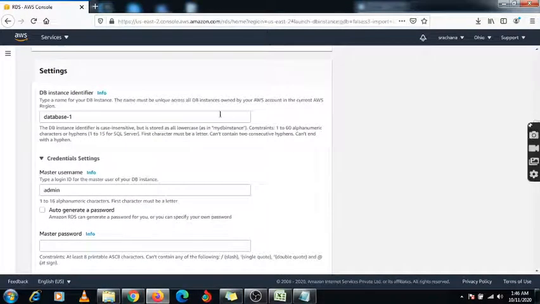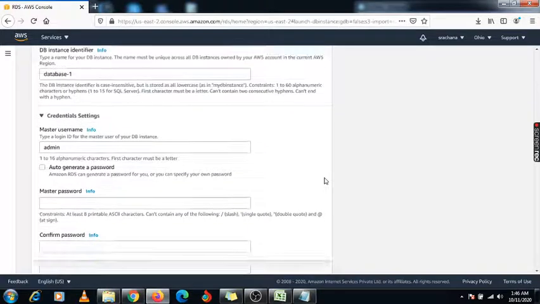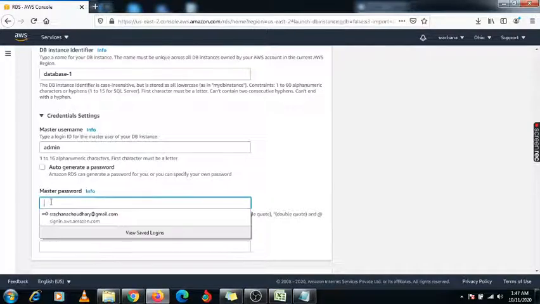So I'm going under settings. There is the name of the database, db1, so this database name will be created. Now under credential settings, if you want to change the username, I'm keeping the same name as admin. There is the setting for an auto generated password, or you can set your own password.